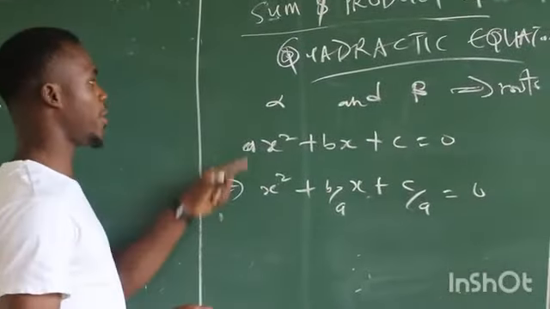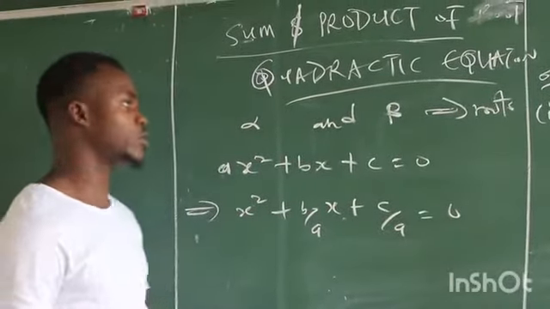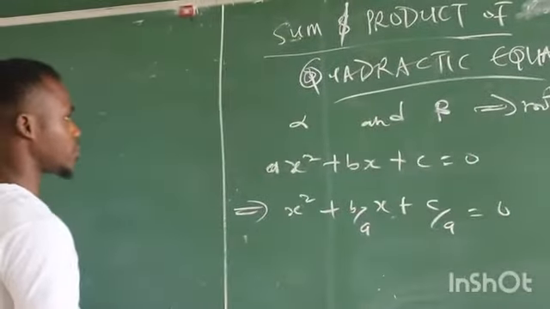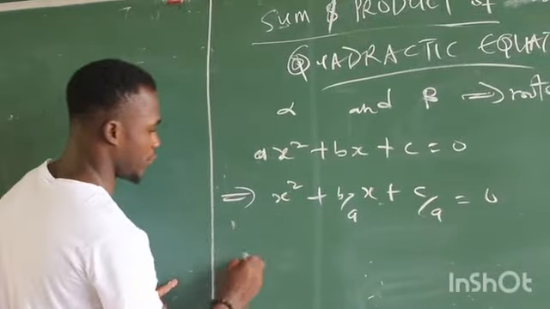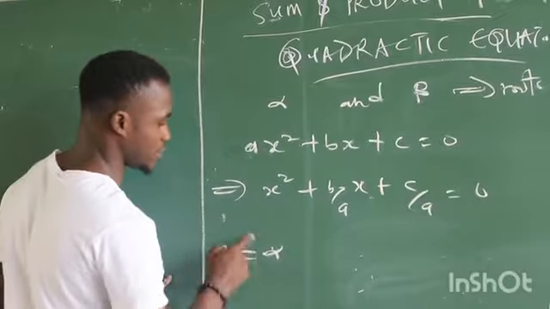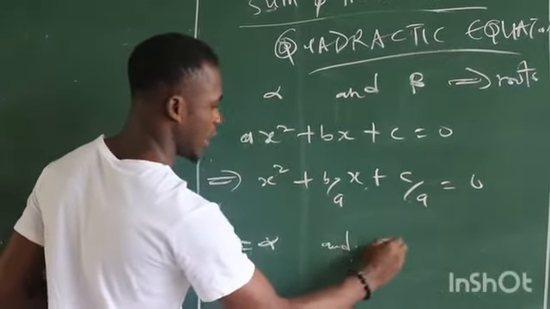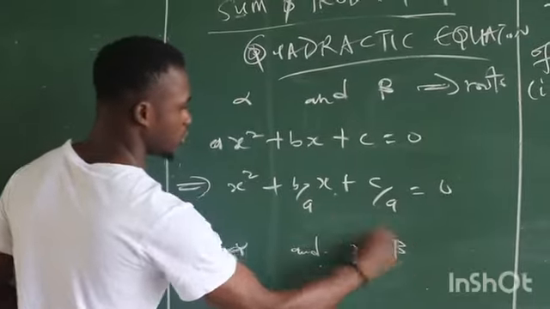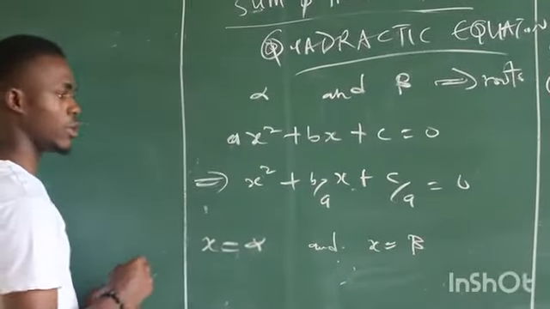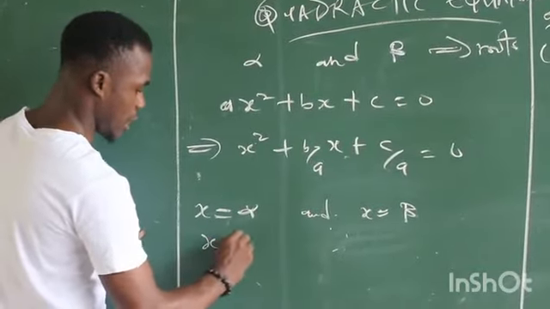Now remember we have picked alpha and beta to be the roots of the equation. So now if we look at this, compare it with this, you see that x will be equal to alpha, that's the first root, and then also we can see that x will be equal to beta, that's the other root. Okay, so now when we simplify further, we see that this is x minus alpha